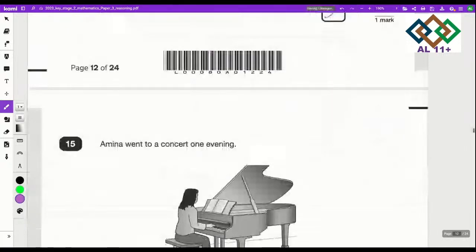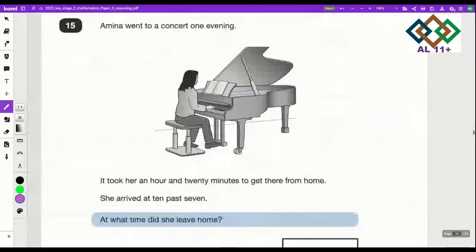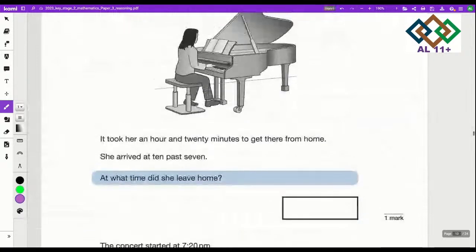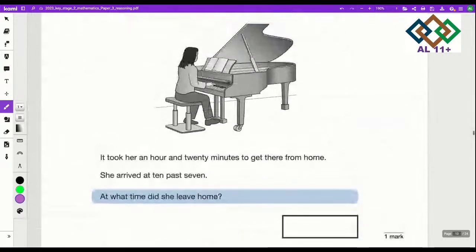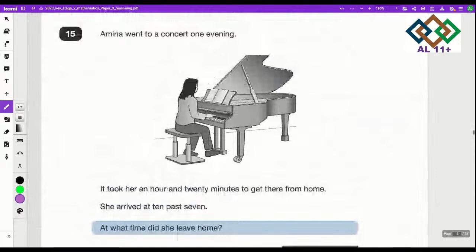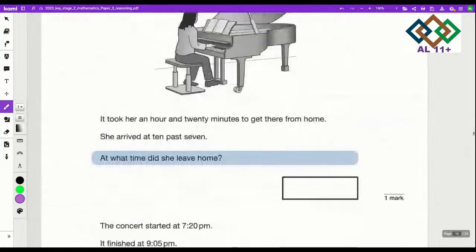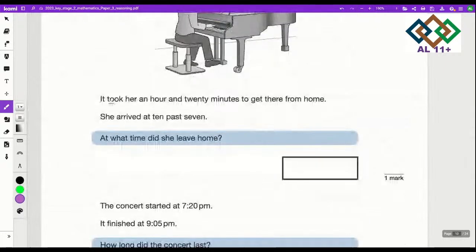And now we are on number 15. Number 15 tells you that Amina went to a concert one evening. So she went to a concert in the evening. It took her an hour and 20 minutes to get there from home. So it takes her an hour and 20 minutes. 1 hour and